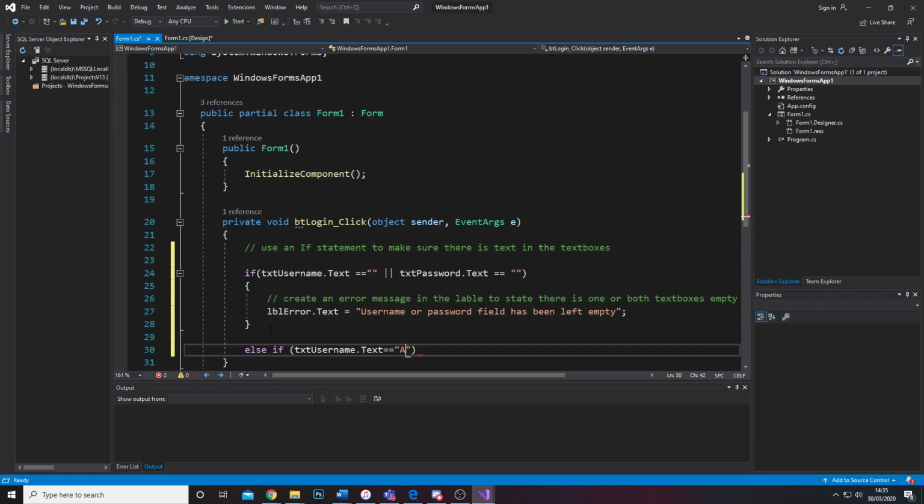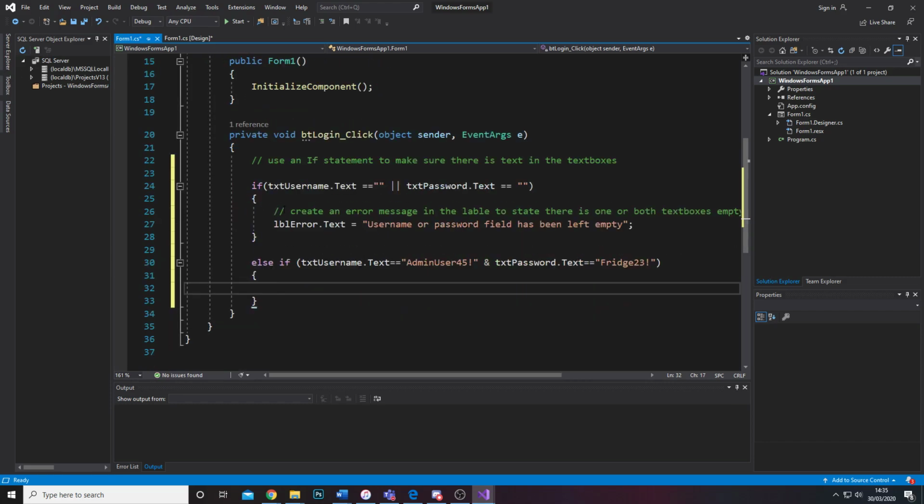I'm setting mine to admin user 45 with an exclamation mark. And so we need to make sure we use the and function, this one. Txt password dot text equals, I'm going to put fridge 23 exclamation mark. Okay, so if that equals that,